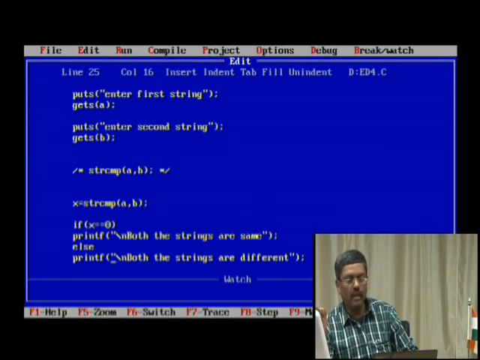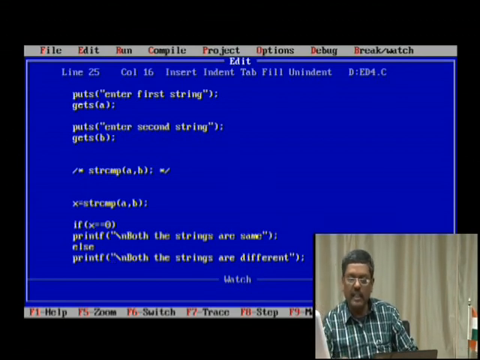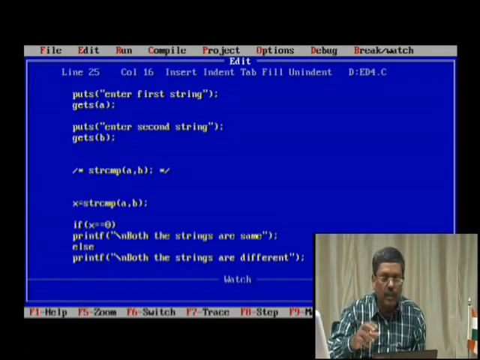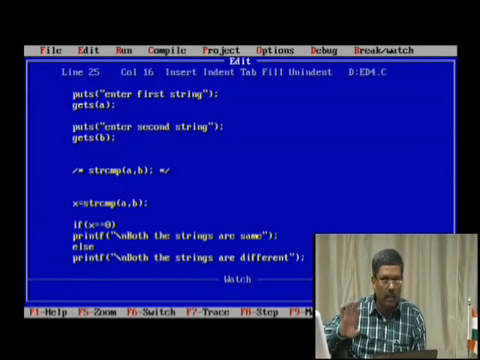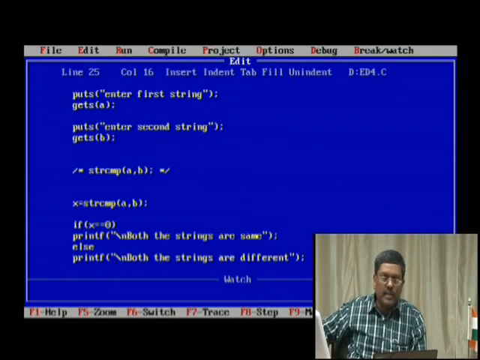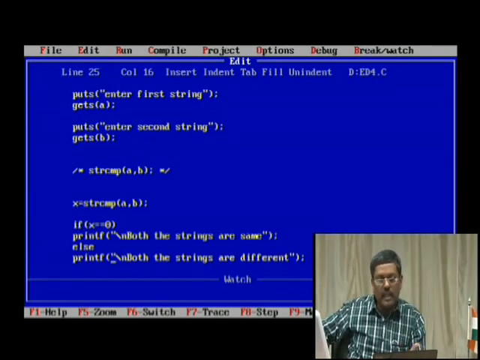Then a of 1 should also be equal to b of 1. Similarly, until the end of the string. For example, I may enter two different strings having two different lengths. Then what to do? If one of the strings is going to reach the end early, if it finds the null character, then immediately you have to terminate.